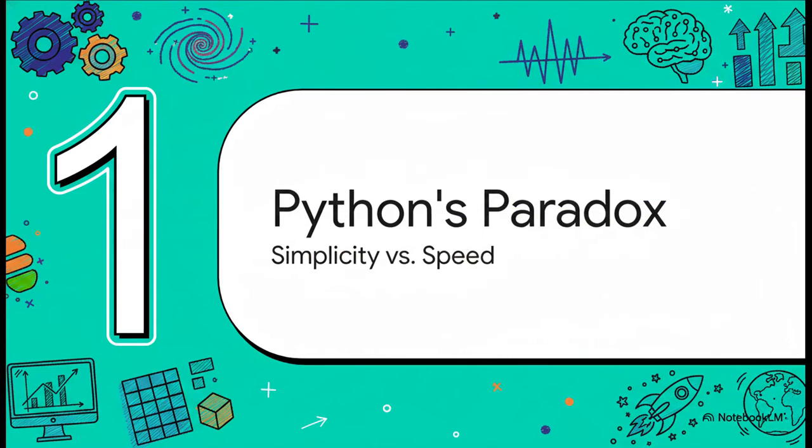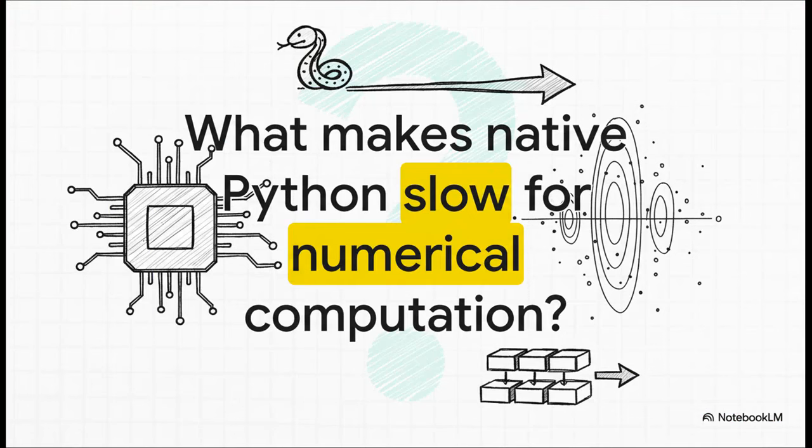So let's start with the central conflict here. Python is famous for being easy to learn and write. Developers just love it. But when it comes to the heavy-duty number crunching that science demands, that very user-friendliness comes with a massive performance penalty. So what's the deal? Why does native Python just grind to a halt when you throw millions of calculations at it? Well, the answer is kind of fascinating, and it all comes down to how it handles a simple list